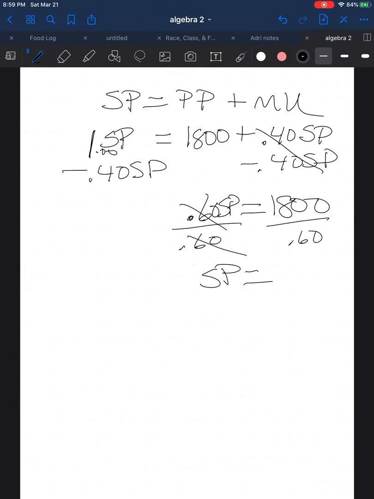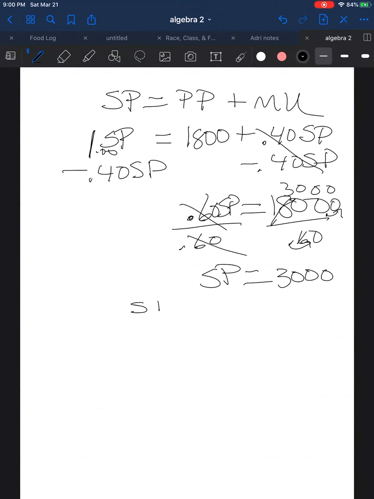Again, I know you have a calculator, but I'm going to move the decimal over 1. And so that'll be 18,000 divided by 6, what that goes in, 3,000. So the selling price was 3,000. So how much did they mark that up? If they purchased it for 1,800 and they sold it for 3,000,